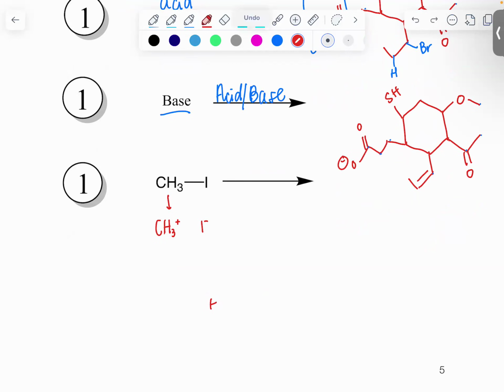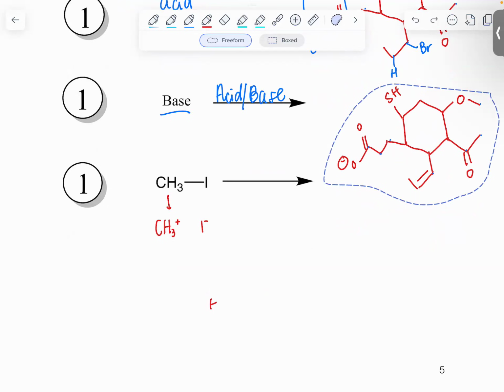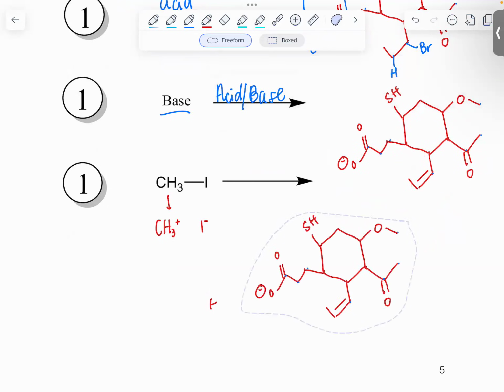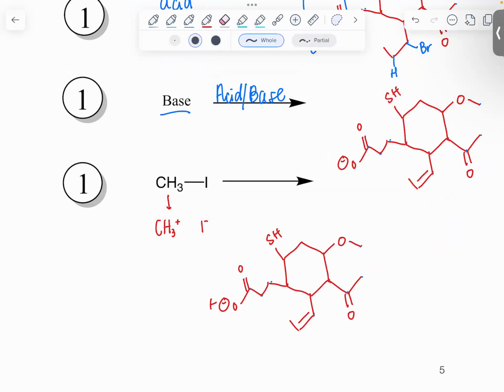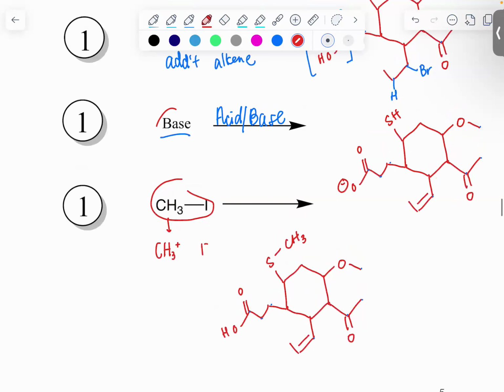Oh, let me just copy paste it. Where instead of this proton, we'll add on that methyl. And so that is reactivity using our compound that we made and some familiar